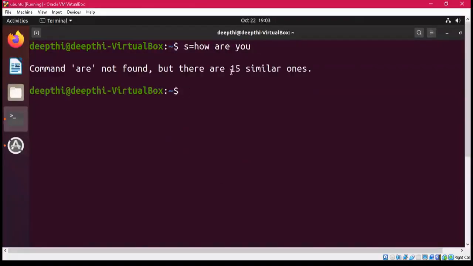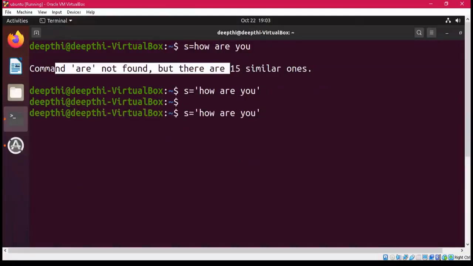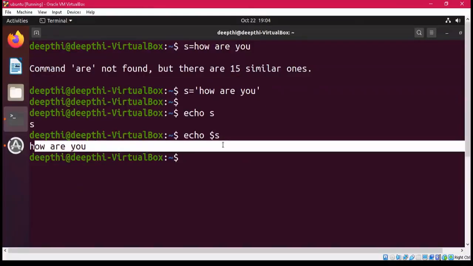But here you can see that it is going to give you an error, because you can't store more than one word in the form of a string like this. So simply for that, you need to store it in single quotes. Fine. And then if you want to display the result of this, simply writing echo s is not going to display the result, but prefix it with this dollar symbol, and now you can see how are you has been displayed.